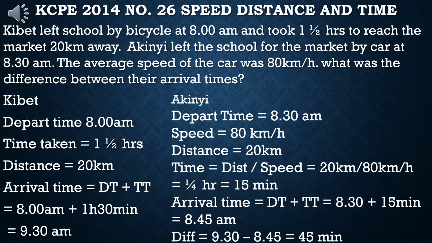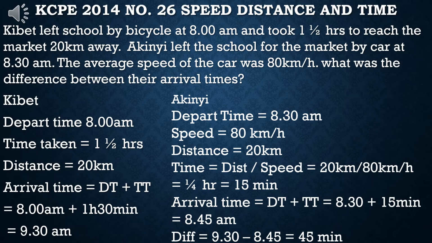So the final question is asking what was the difference between their arrival times. So we get the arrival time for Kibet, which was 9:30, and the arrival time for Akinyi, which is 8:45, and then we subtract, which gives us 45 minutes. I repeat, for the part of Akinyi,